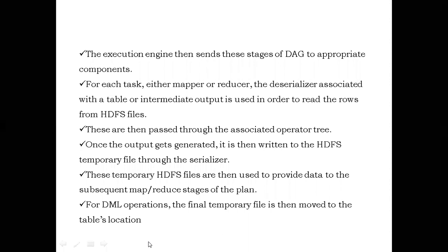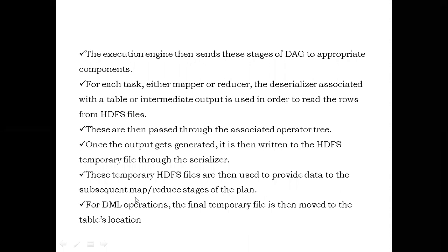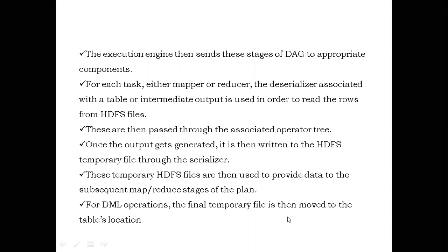modifying the table. In case of when we come to ఇక్కడ మనం చేసేది ఏంటంటే DML operations. We are processing the data in the files. Files లో ఉన్న డేటాను మనం చేస్తున్నాం కాబట్టి here most of the operations will be the DML operations. Okay. For the DML operations, finally the temporary file which is generated by the execution engine will be moved to the table location. Okay. It will be moved to the table location in the HDFS.